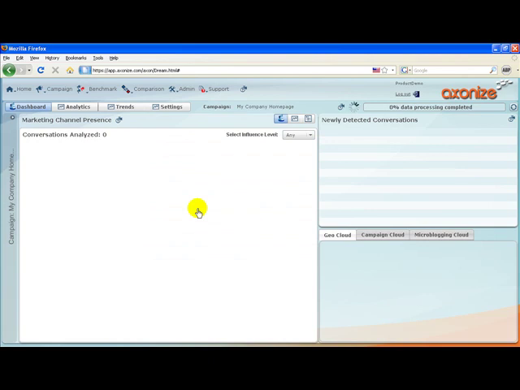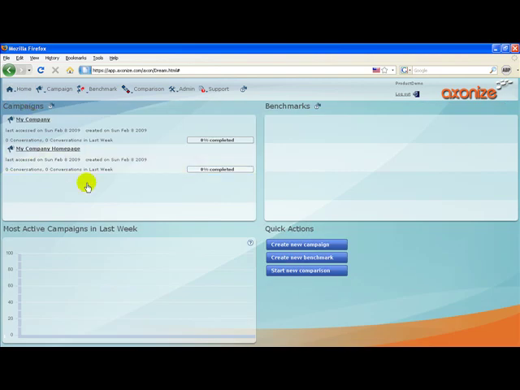So once the campaign creation has begun, we can monitor the progress via the dashboard. To access the dashboard, click on Home and then click on Dashboard. As we can see, the current progress for both the campaigns which we have created is at 0%, as the analysis has just started. Because of the deep analysis which needs to be done, the Axonize Visibility Manager takes up to 1 hour to complete a campaign creation. It is generally a good idea to start the campaign creation and check back in an hour.